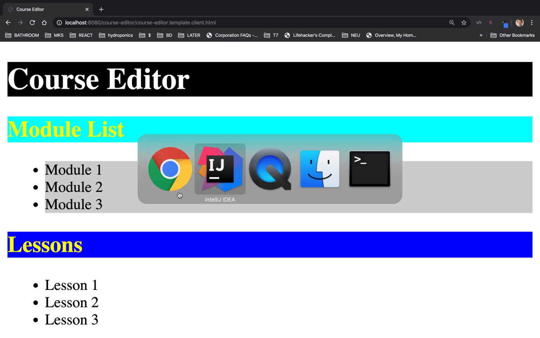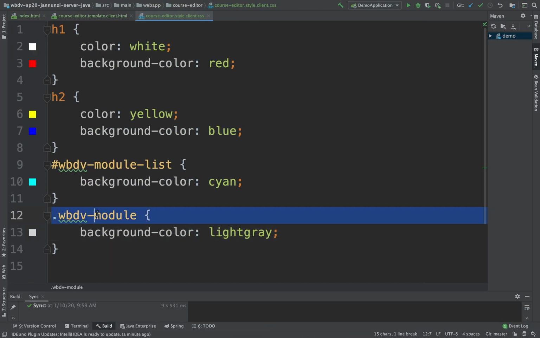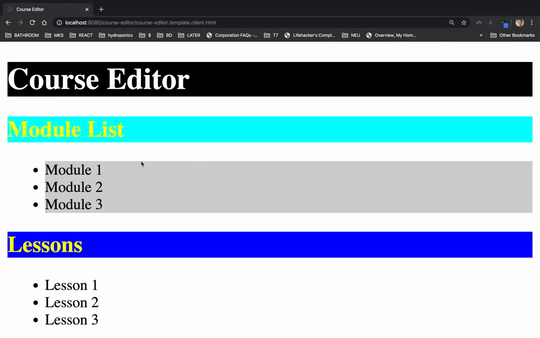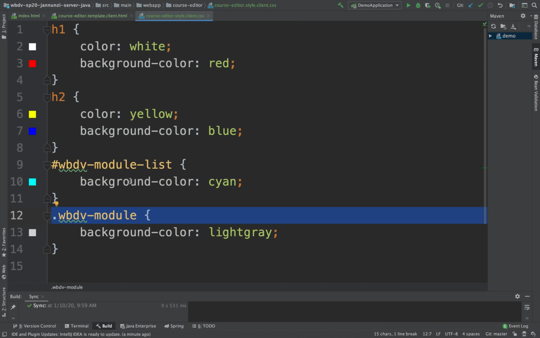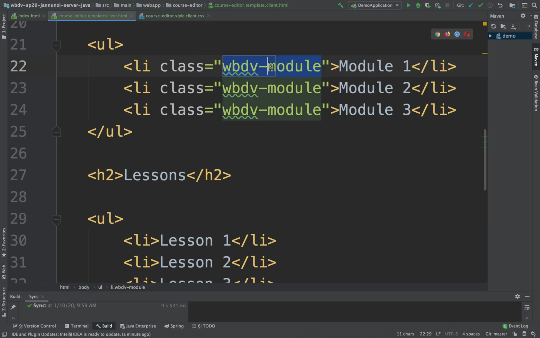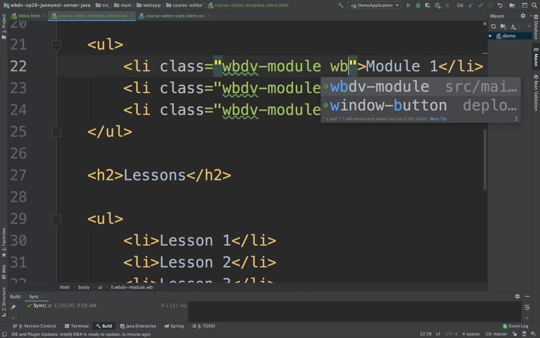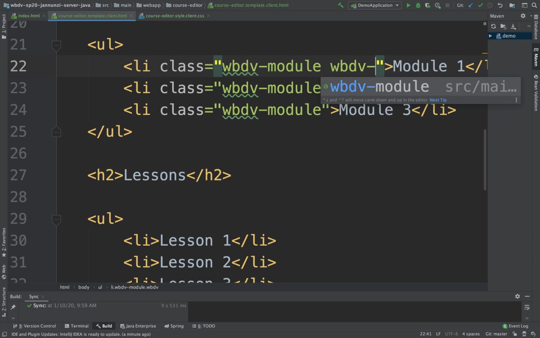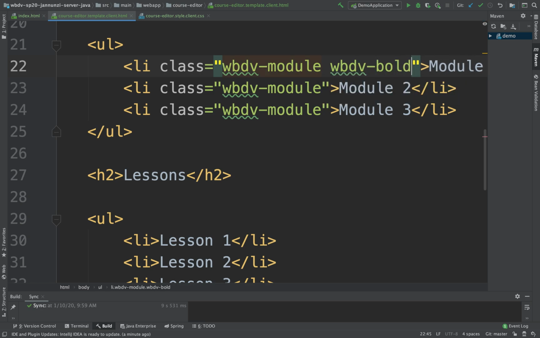Now, notice that this class is being applied to the same LI, to these LIs, but classes allow you to apply styles regardless of what type the element is, whether it's LI or something else. So, for instance, I might provide here another class that might be webdev bold, okay? And so that class,